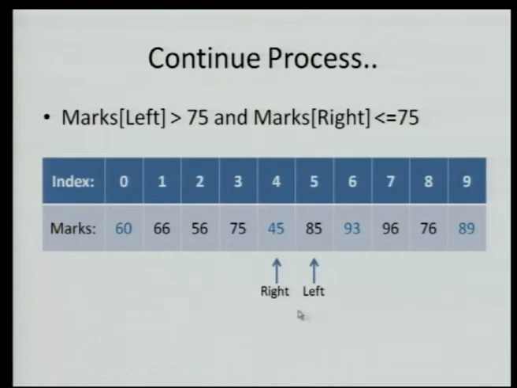Can you see this particular thing over here? The right has now crossed left. Till all our previous operations, left was less than right. But at this point of time, what we found is that left and right have crossed each other. Now that is an indication that this particular process needs to be terminated or stopped. Right? So now we have the understanding of the basic process and the termination process, how the termination condition will be designed.